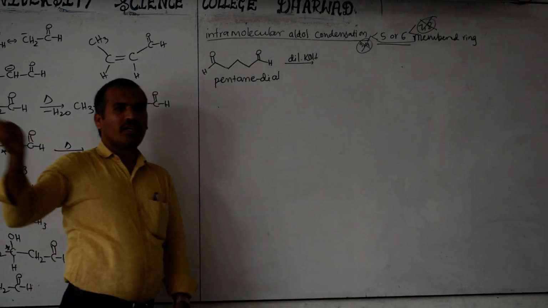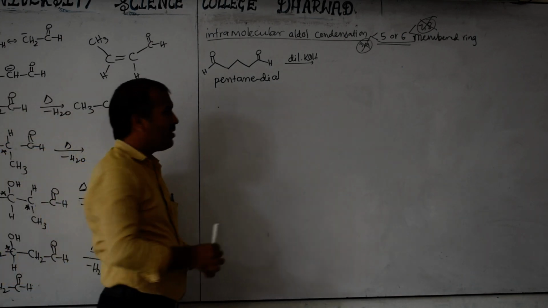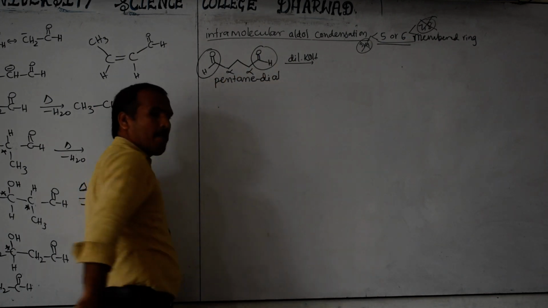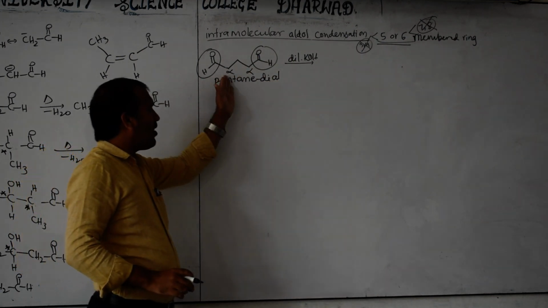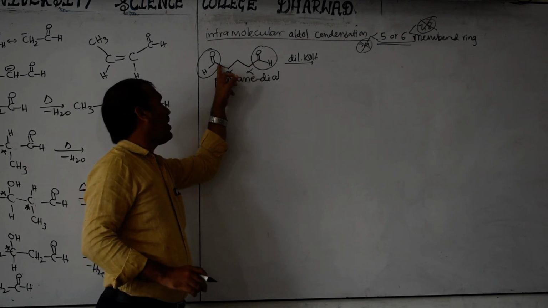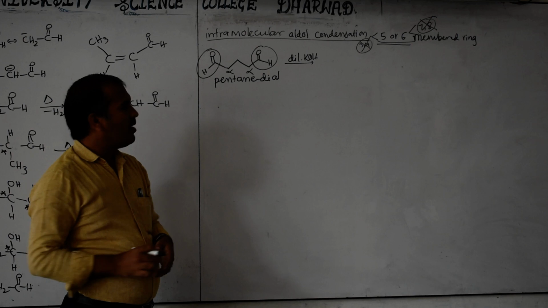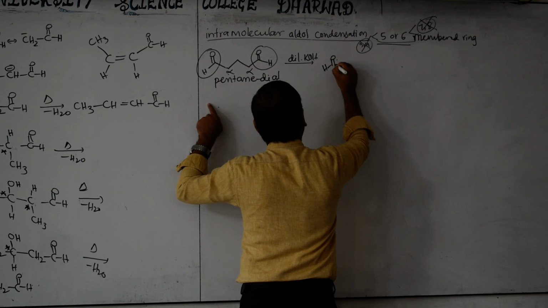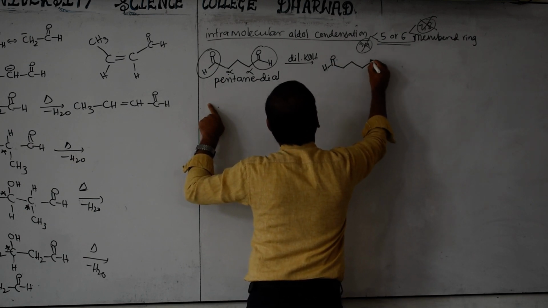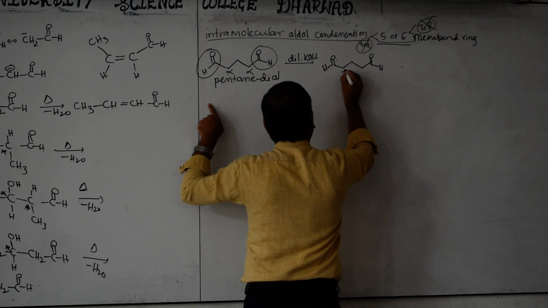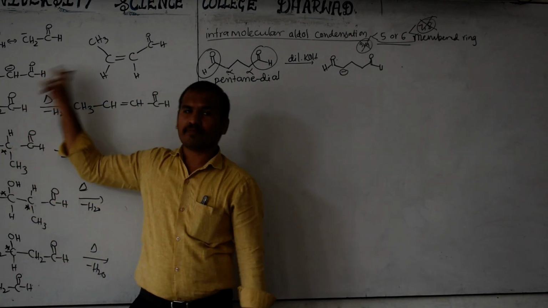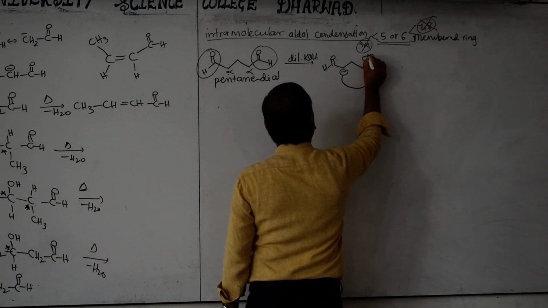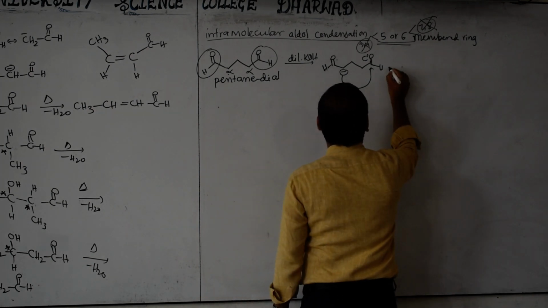Carefully observe. In all conditions, what is required? Alpha hydrogen, alpha to the functional group. This alpha hydrogen may attack here, or this alpha hydrogen may attack here. Anyway, both sides are the same, so only one product forms. For example, I want to take this alpha hydrogen. H double bond O H. Here the carbon forms a carbanion, and this carbon attacks here, according to the mechanism I am writing here.